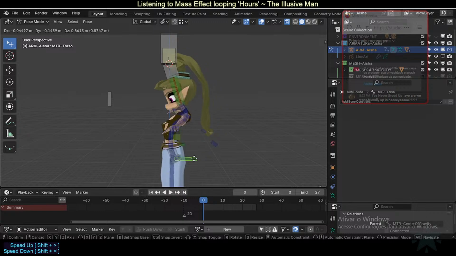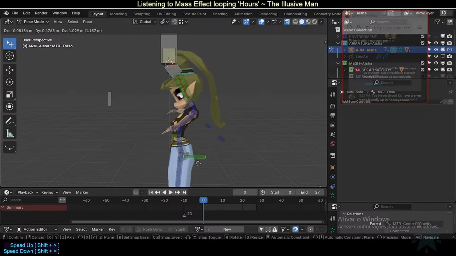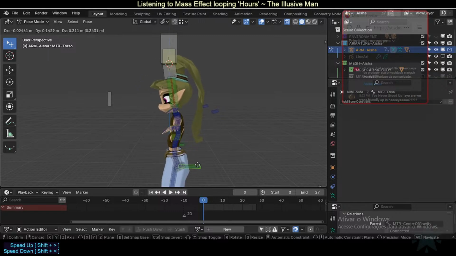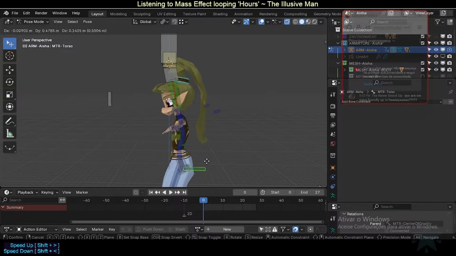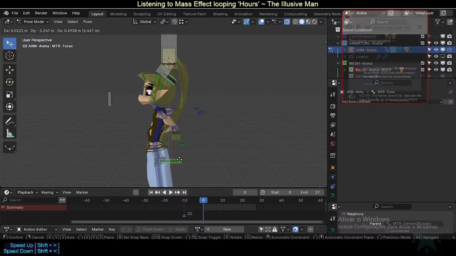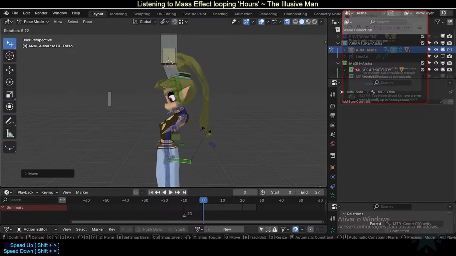Yeah, so we have still the tip of the head is still tilting that way, which is not good. And of course this also creates problem with the, again, the